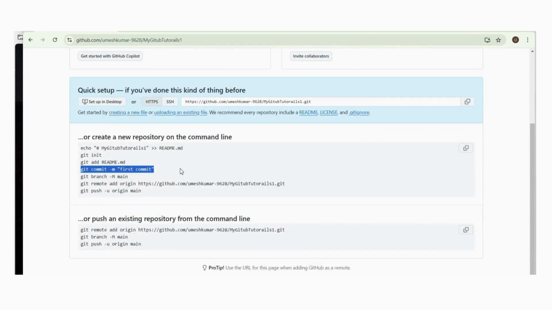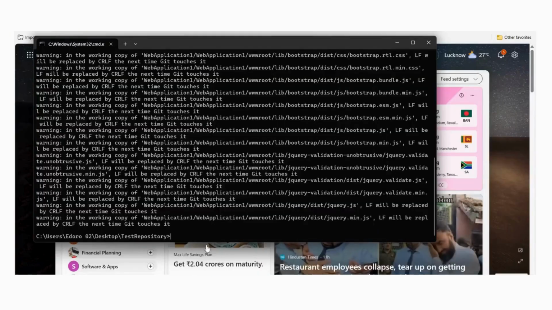Use this command and paste it in the command prompt: git commit -m. You can use any name, first commit or first changes, anything you can use. Enter.